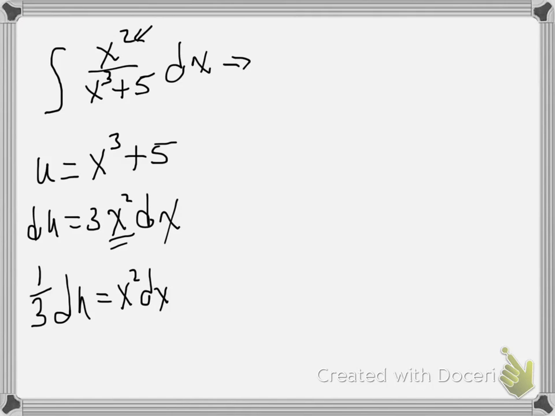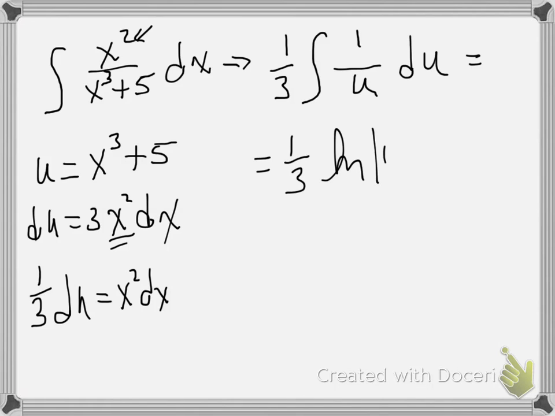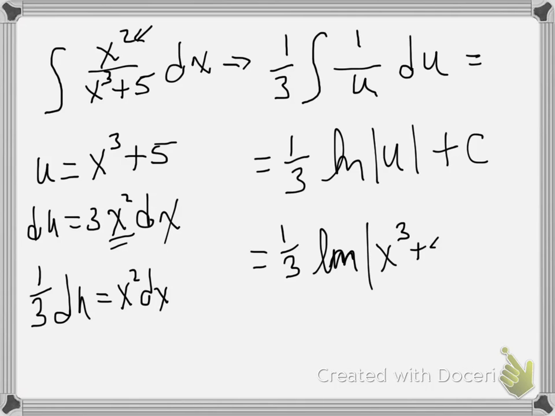So now this thing can be rewritten 1/3 integral 1 over u du, which is 1/3 natural log absolute value u plus c. And then we substitute back in what u equals. x cubed plus 5 plus c. And that's done. Alright. Now, the second one I want to take a look at